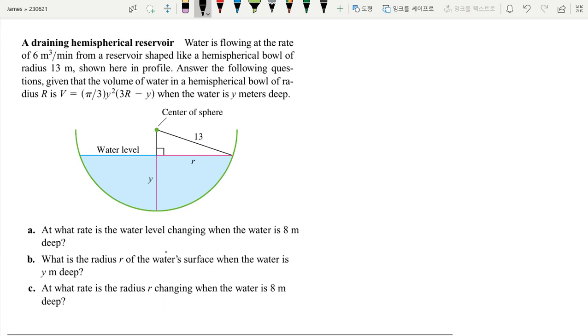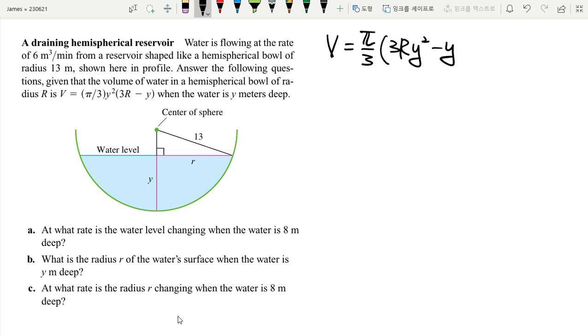If we use this equation for the volume, if we open the parenthesis, and in this problem, the large R is 13. So that means,